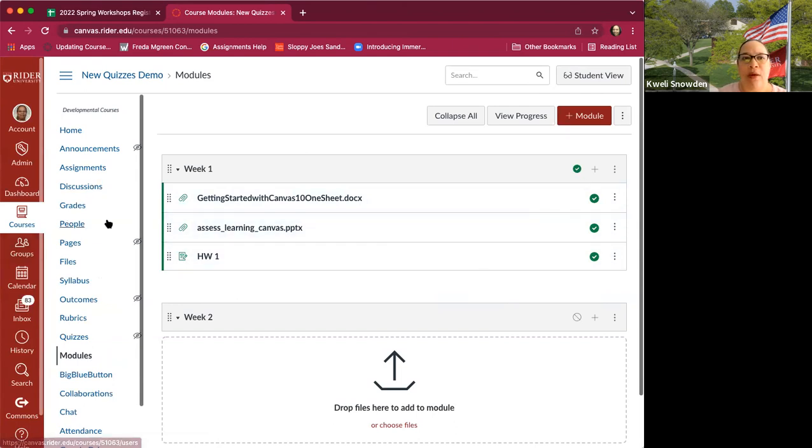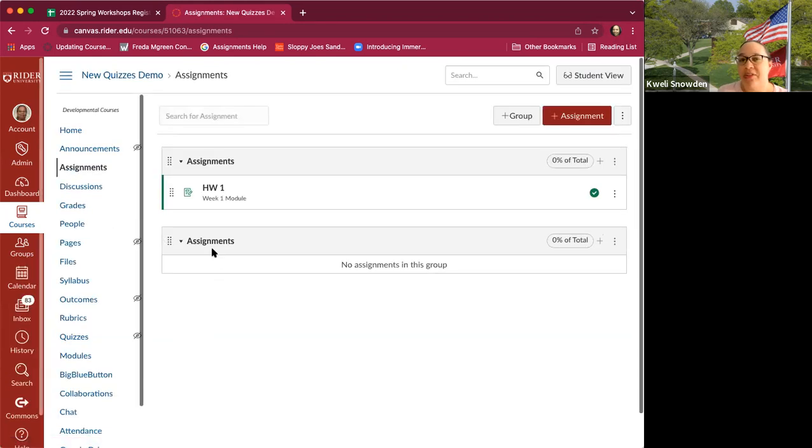Okay. So we're going to head over to assignment. So you'll notice that I created this assignment here in modules, but I didn't add the details to it like it needs, right? So in Canvas, I can head over to the assignments page to access that assignment I created. So you'll see that that assignment I created in modules automatically appears in my assignments area. And if I click on that title,